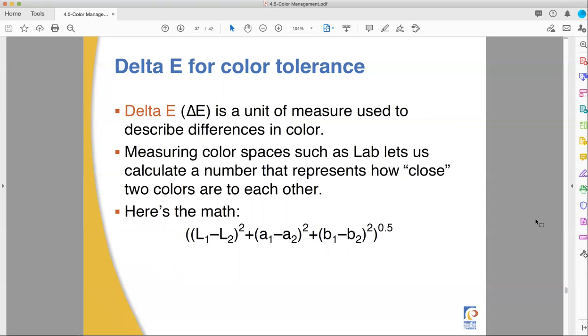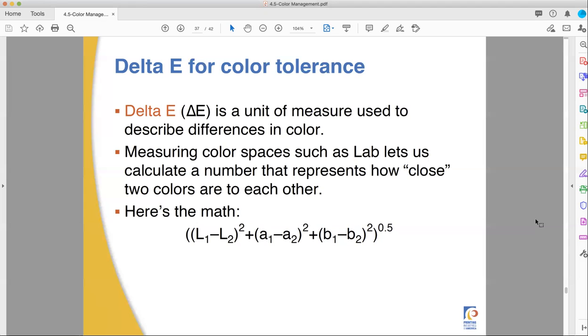So this is actually done mathematically inside the CIELAB, L star, a star, b star color model. The math at the bottom here is not nearly as complicated as it looks. It's squaring the distance between the light of the first color and the second color. Remember, you're matching two colors to each other. The a value of the two colors, the difference between those, and the b value, and it's taking it all to a 1/2 power, which is to say, simply, if you guys remember your Pythagorean theorem from like high school,